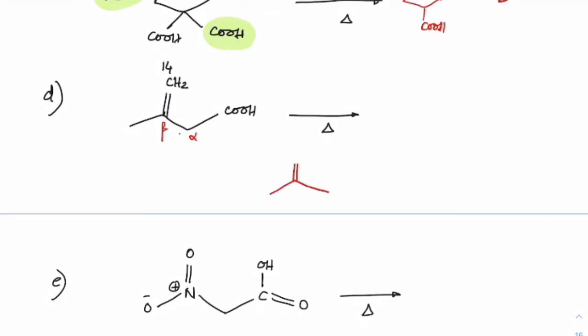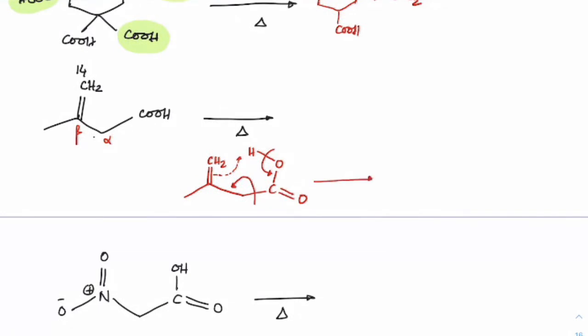So we have a double bond here, right, with CH2, and we can get hydrogen with oxygen connected, having carbon with OH, double bond O, like this. Now this pi bond will try to make a bond with this hydrogen here. On heating, this will break and this bond will break to make a double bond. So this double bonded carbon which was there would become CH3 and a double bond will come here plus CO2 is formed.